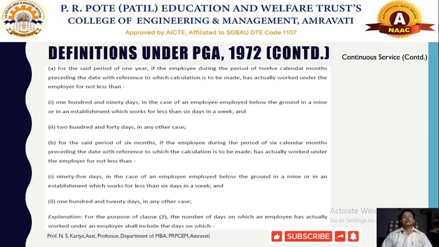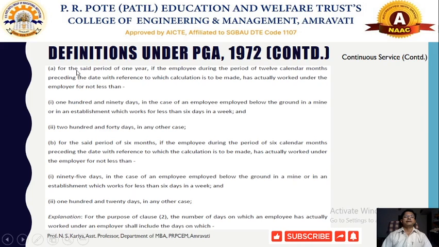Now there are some other conditions mentioned under the Payment of Gratuity Act 1972 as a form of continuous service. There will be two clauses, clause A and clause B, and these two clauses have been specified with certain explanation. These are all rules and regulations which can be applicable to all the employees, so that the total continuous service, or number of service days, will be calculated, particularly when they are liable to get the gratuities.